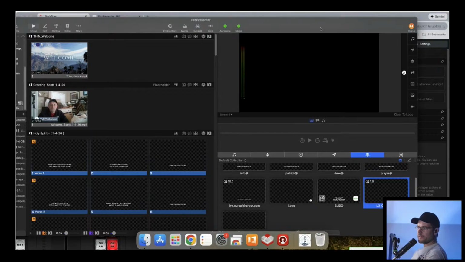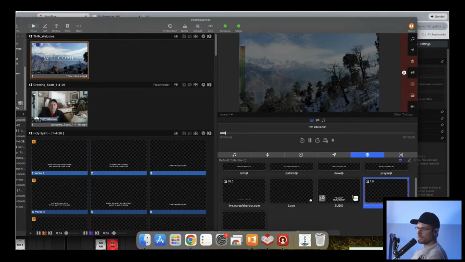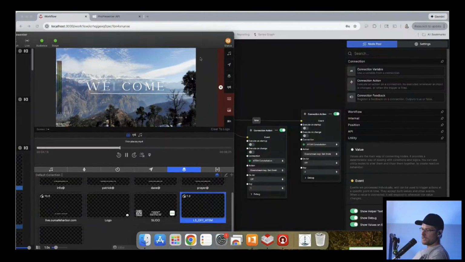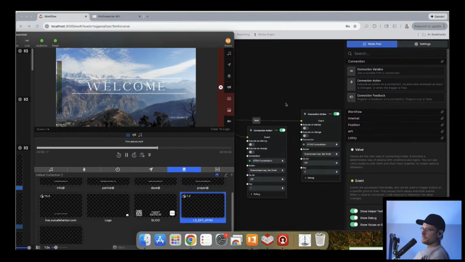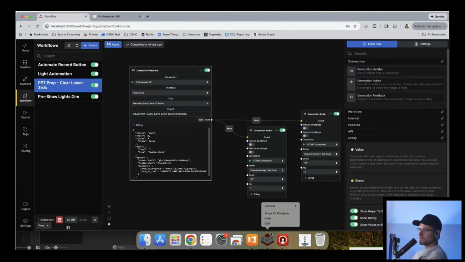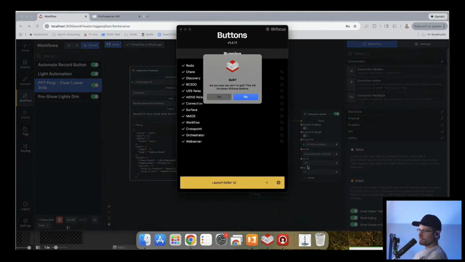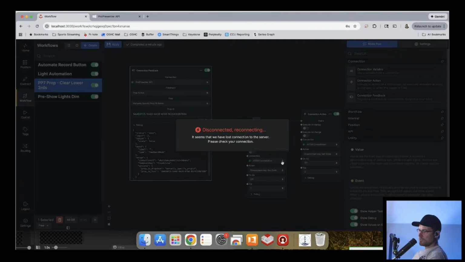That is not firing. This guy, it's ATEM. It's not going here. So maybe what I'll do is I will quit buttons. And then I will reload buttons.